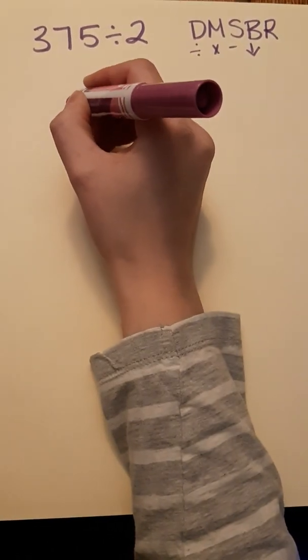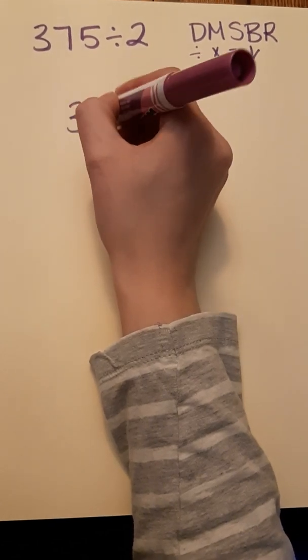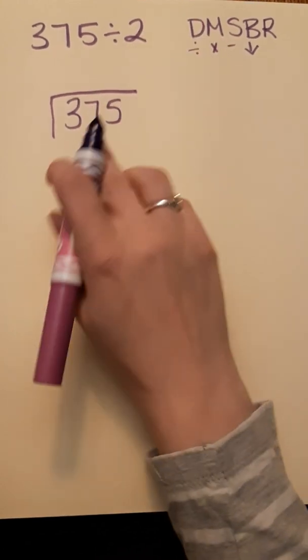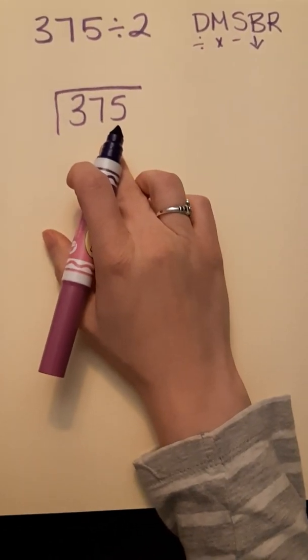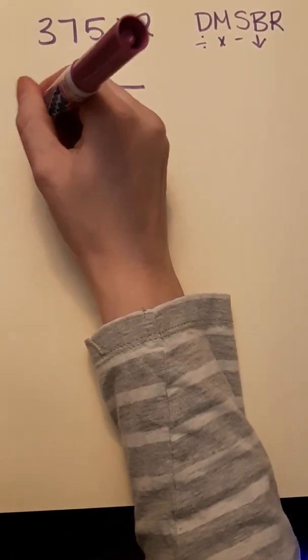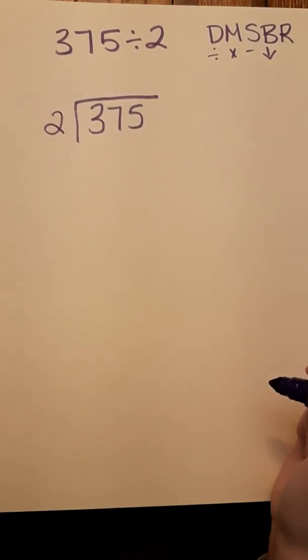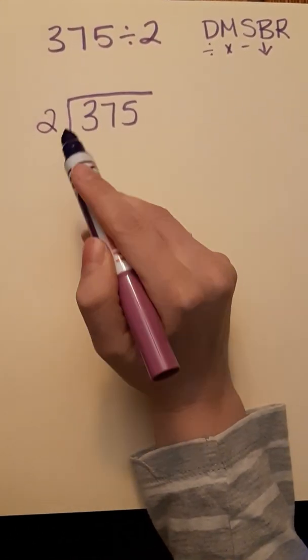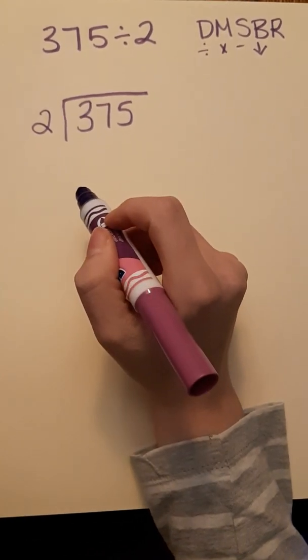I'm going to go ahead and set up my numbers for long division. I'm going to put my dividend under my house and my divisor off to the side. So first I'm going to look at the 3 in my hundreds place value, and I'm going to think to myself,